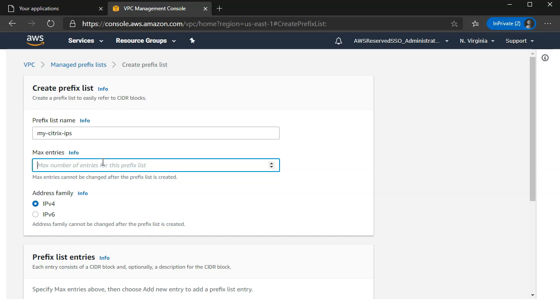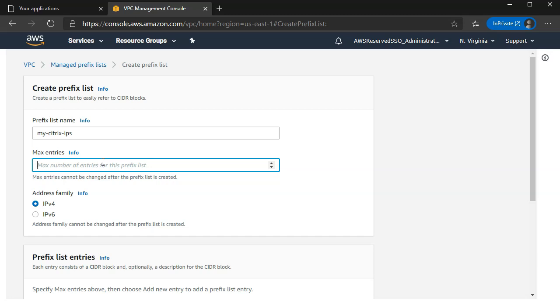So if you are doing VPC peering, yes, it is okay. But if you are doing transit gateway, and going forward, everybody is starting to use transit gateway, there we have this limitation. So that problem our prefix list actually solves. So let us see how we do that first.